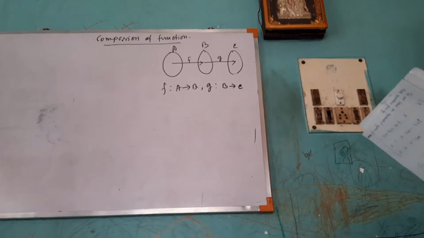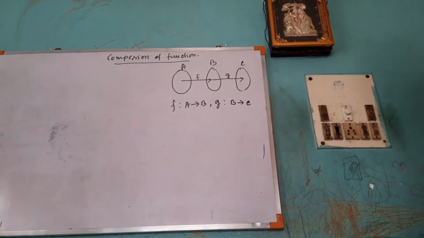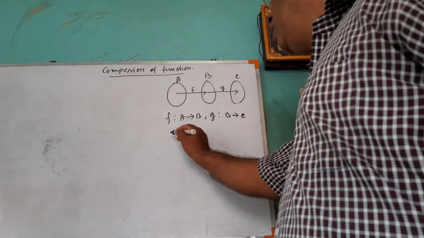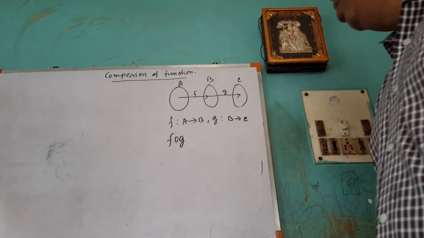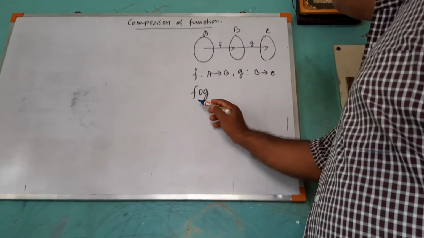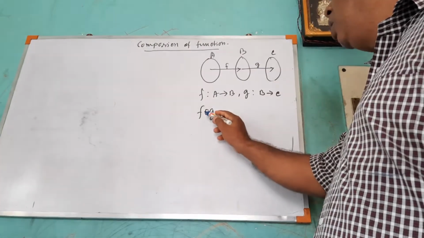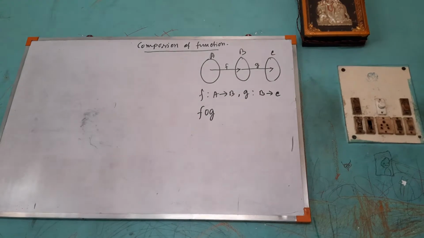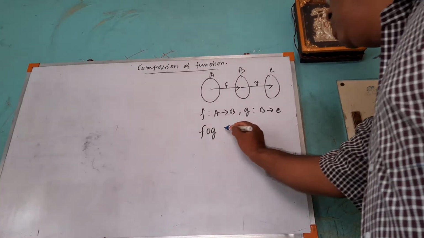Now what I am doing here, just listen. That is FOG. FOG means composition of function. O means composition. FOG exists